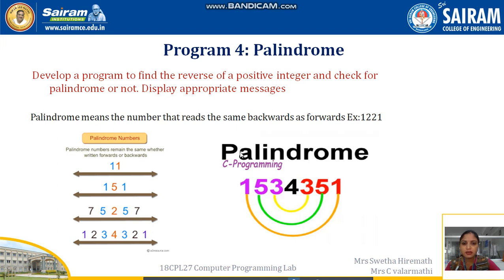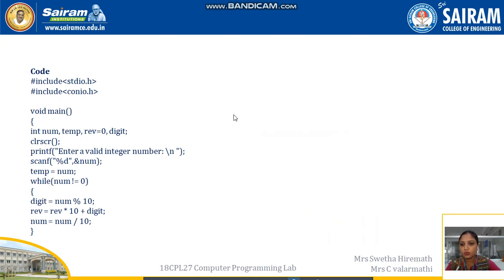Next, we can also apply this to strings, but here in our program we have to develop a program for positive integers only. They have already mentioned integers. If they had asked for strings, we could have written it for strings also. An example of a string is Gadag. If it is read in the forward direction, it is Gadag. If we take it in the reverse direction also, it is Gadag. Next we move to the code, and how we are going to write the code for this.